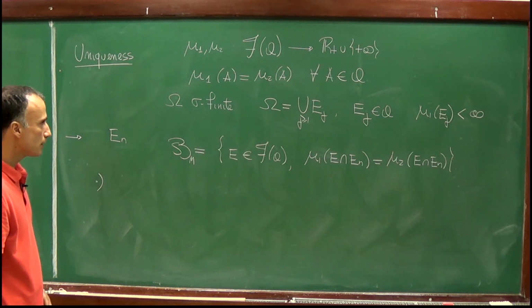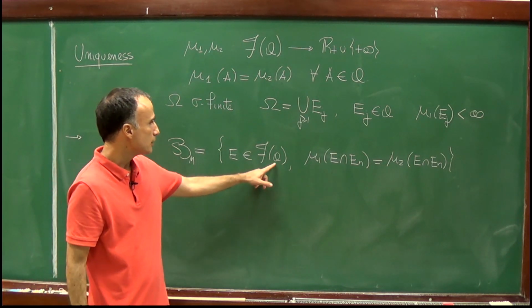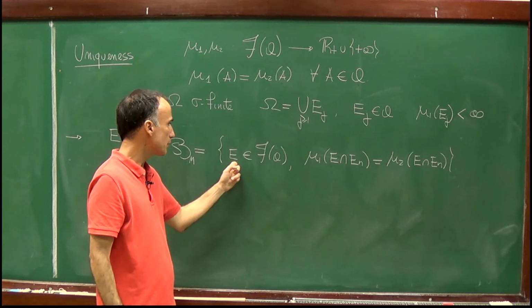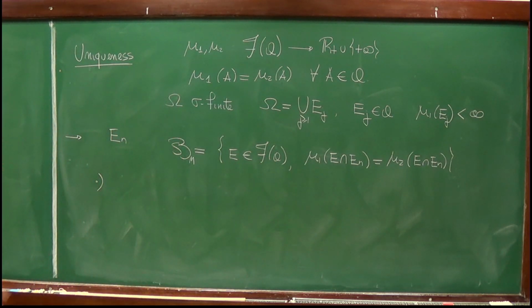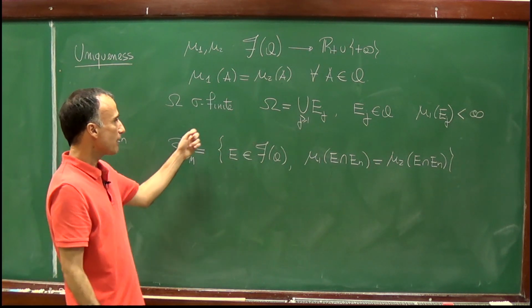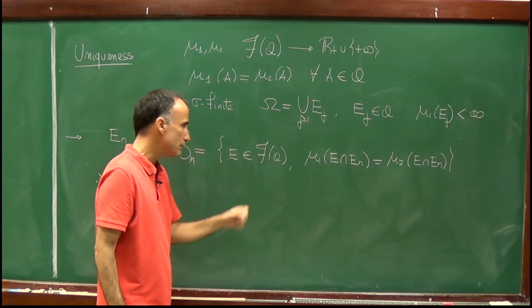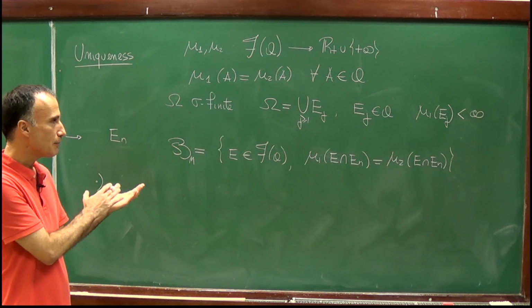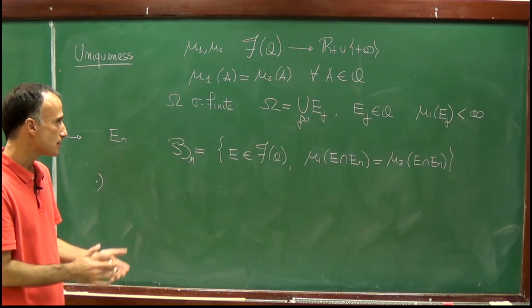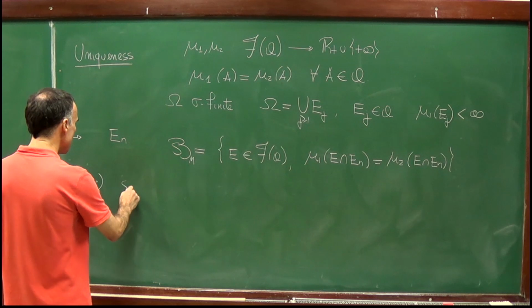I first claim, well, of course, Bn is contained in Fa, because we are only taking sets in Fa. What I want to prove is that Bn is in fact equal to f of A. And how shall we prove that? Well, we will use the lemma I mentioned about monotone classes. So first observe that Bn